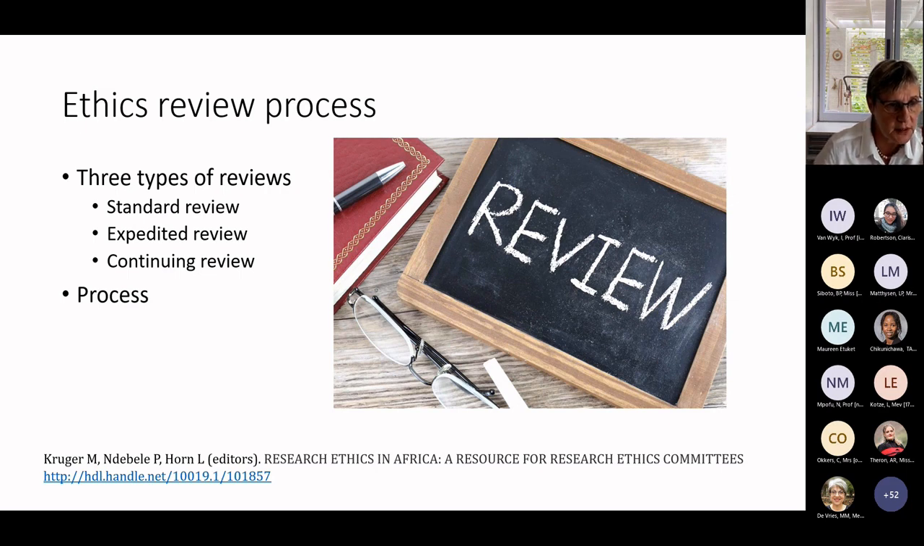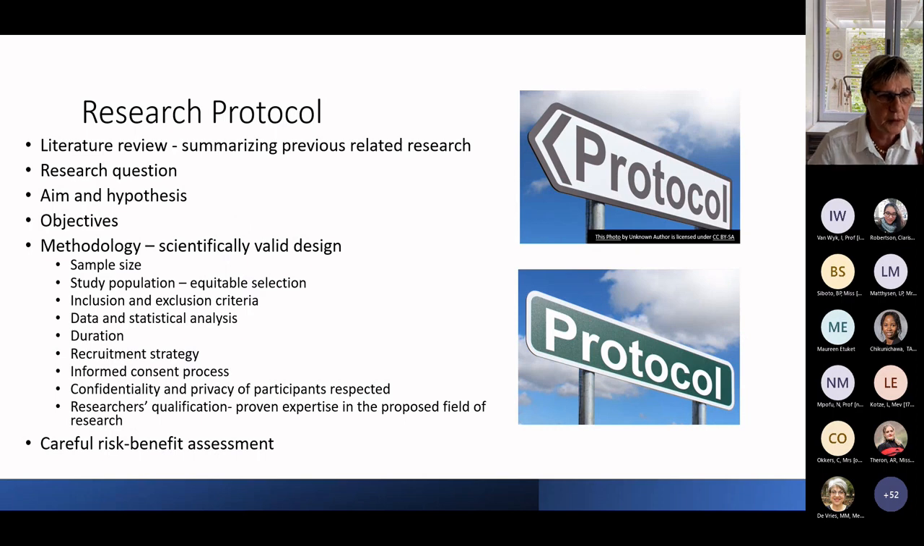There are three types of reviews: the standard review, the expedited review, and that was complicated during COVID, so we started elaborating into urgent review. And then there's, of course, continuing review of high-risk studies, and this is quite a process. So just to summarize, when we then review a protocol, and I'm really focusing on how we look at a protocol coming from a researcher, you will look, is there a good written literature review, summarizing the previous related research and really documented